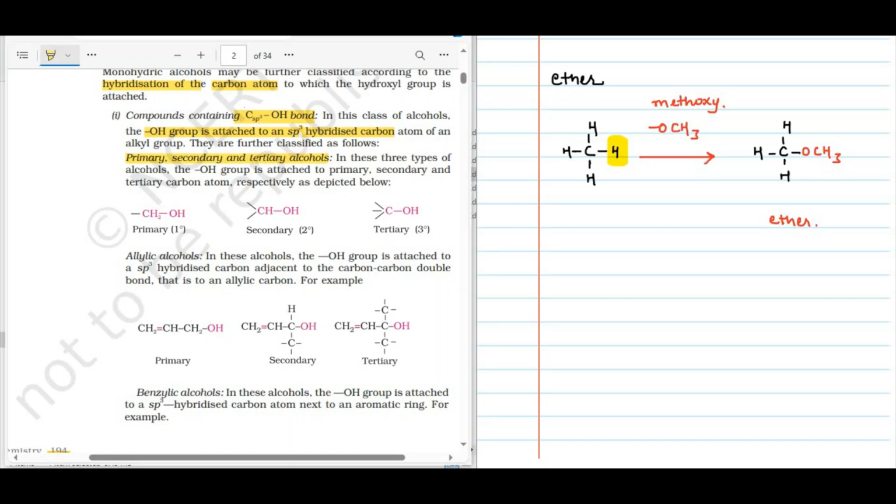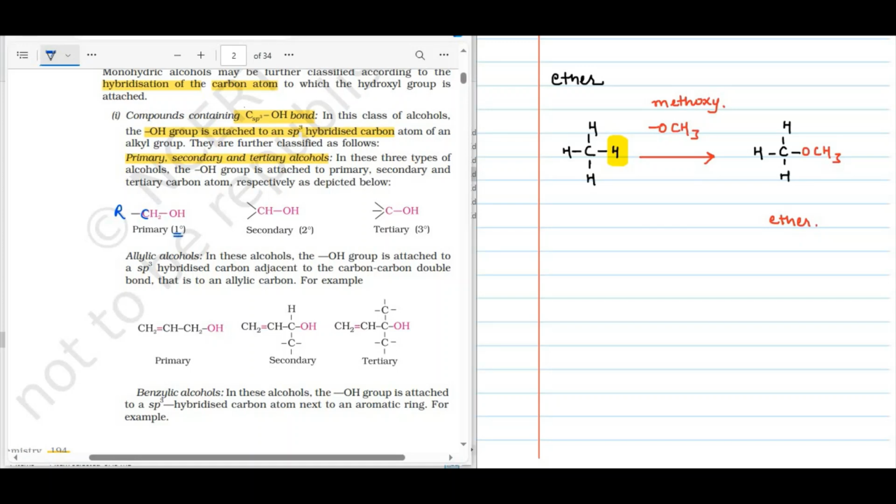So let's try to understand which are primary, secondary and tertiary alcohol. In these 3 types of alcohol, the OH group is attached to a primary, secondary and tertiary carbon atom, respectively, as depicted below. In the first example, here CH2OH is given. The carbon to which the OH group is bonded is this carbon. This carbon is bonded to another alkyl group. As it is bonded to just one alkyl group, this carbon is primary carbon and the alcohol will be primary